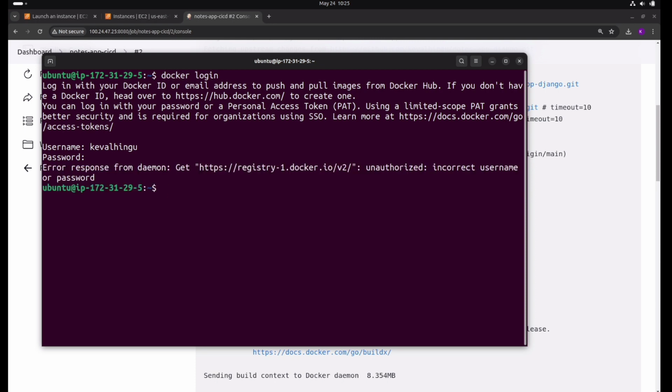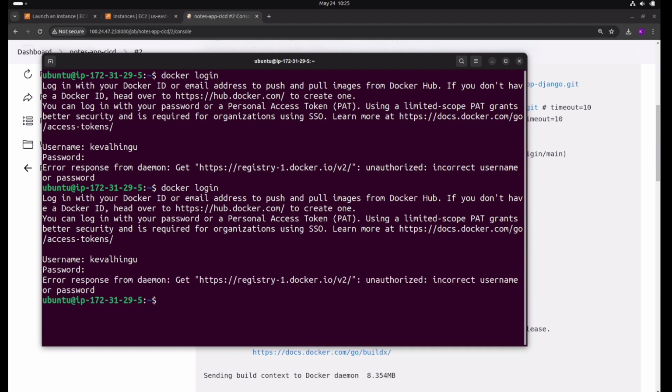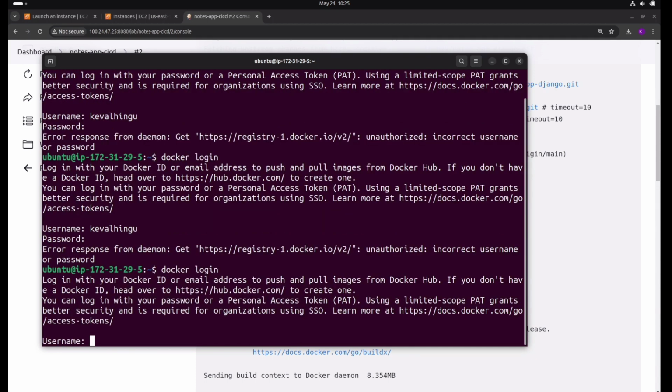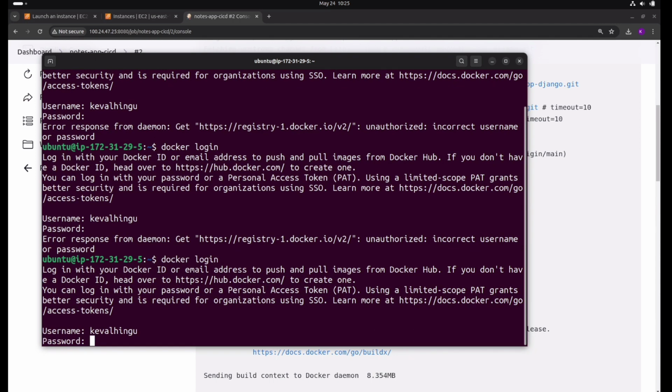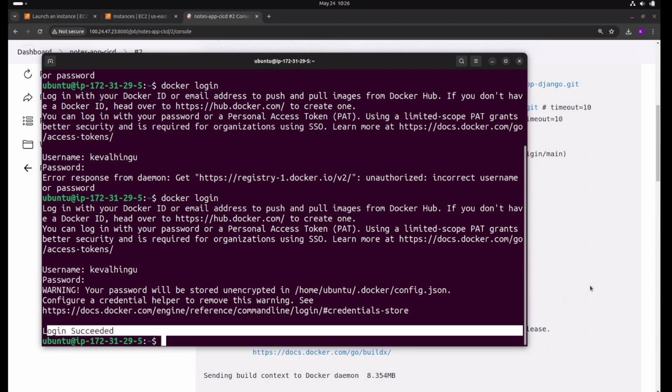Oh, I forgot my password. I think let's just try. Okay, I remembered it. Login succeeded. So by this we can log in, but